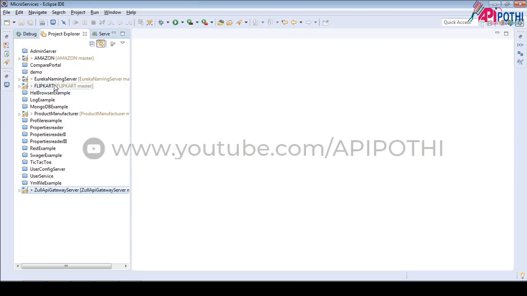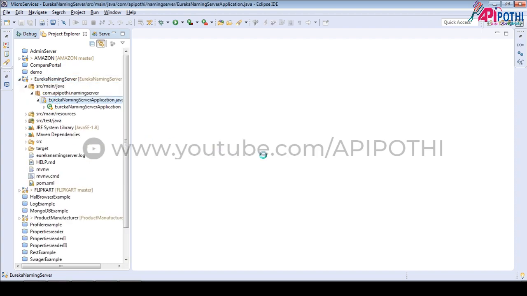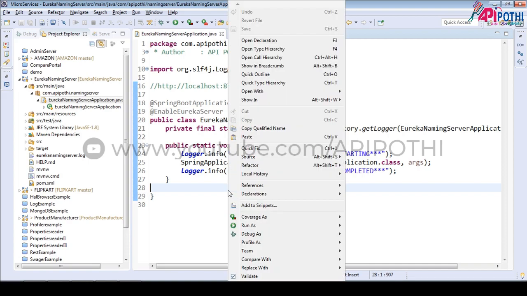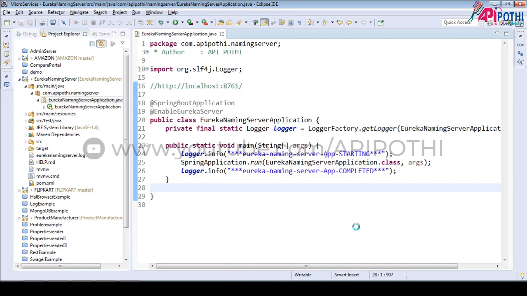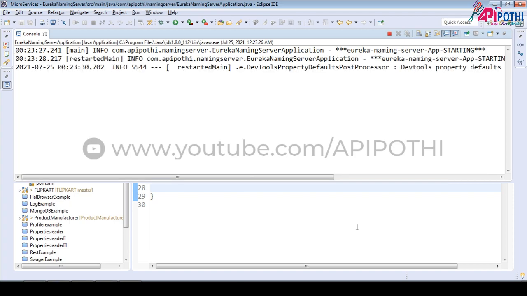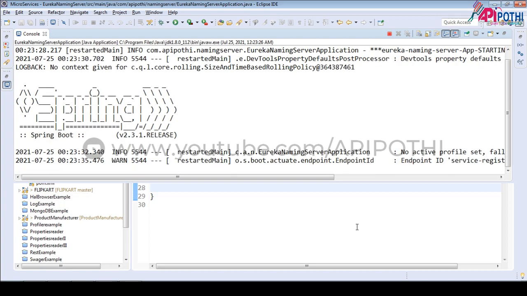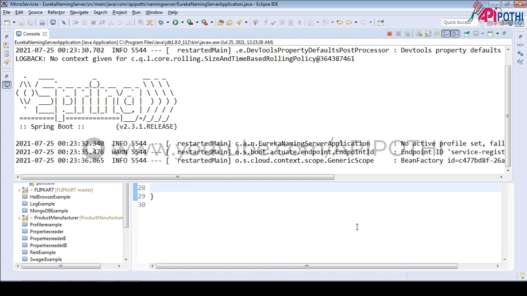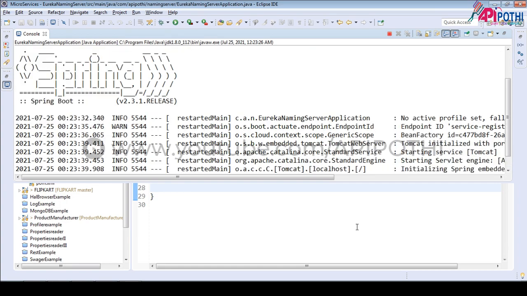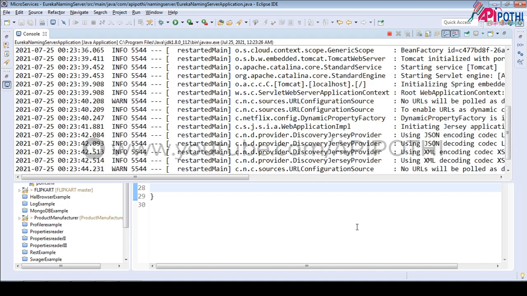So first, in order to run the application, at the very first time we need to run our Eureka naming server, right? Since all the applications are registered inside the Eureka naming server. If we do not run the Eureka naming server, then all the applications will look for this instance, and if it is not found, then it will throw an exception, like unknown host, something like that.